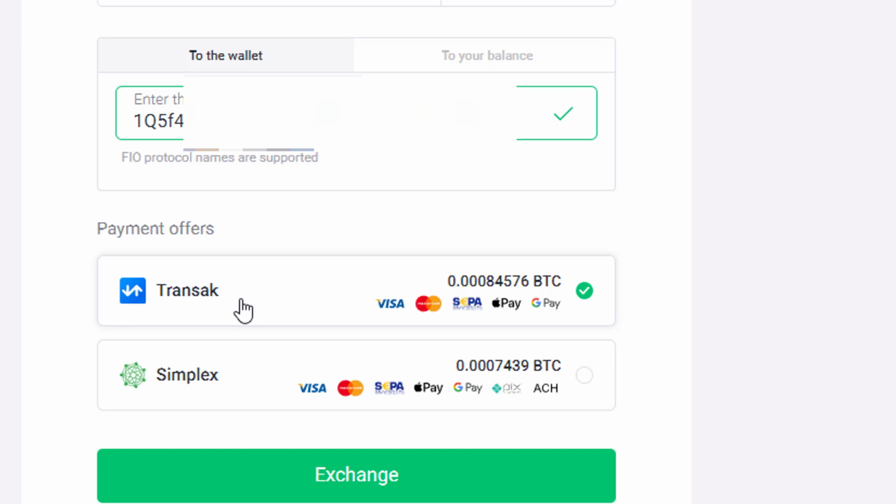Now, I will say that with Transact, I have already been approved. I've already passed their KYC. Unfortunately, you won't see the KYC on screen, but it's a fairly simple process. They're going to ask you for things like your name and your address, and you want to make sure you put in your name as it shows on your ID.